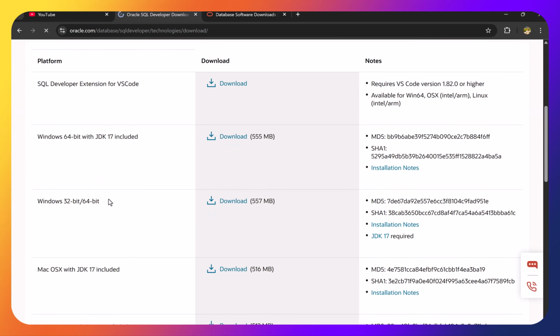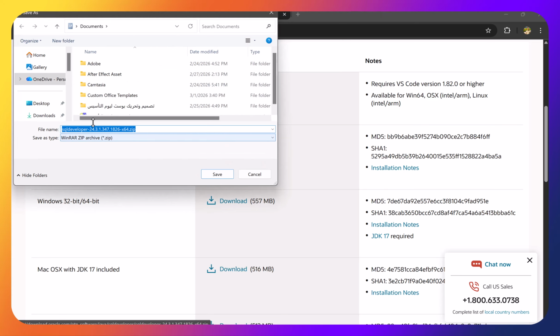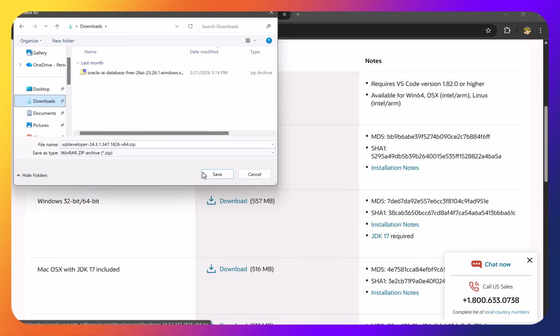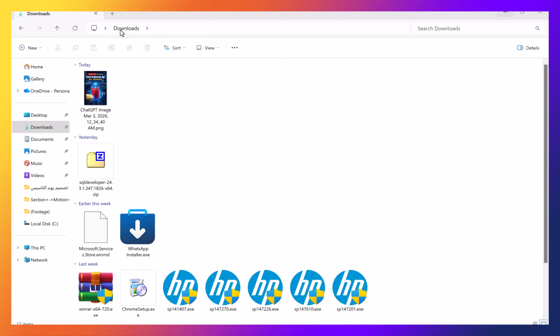SQL developer for 64-bit, 32-bit. Okay, we will download 64-bit because my computer is 64-bit. Then I will choose download, then I will choose save. So I have to wait until it finishes downloading. SQL developer has been downloaded, so now we have to take it and we have to